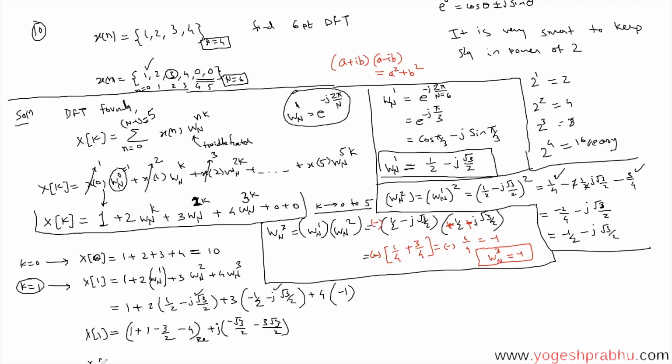Okay, so let's club them. Then x of 1 is going to be 1 plus 1 is 2, 2 minus 4 is -2. So you have -2 minus 3 over 2, the real part. And for the imaginary part, that's j, denominator is 2 common, then it's negative square root of 3 minus 3 root 3. All right, I told you it's going to be crazy. So x of 1 is going to be, we'll take the minus out, and then over here it's going to be 2 plus 2 by 3 by 2, that's 4 plus 3, 7 by 2, negative 7 by 2, this thing here, plus j,